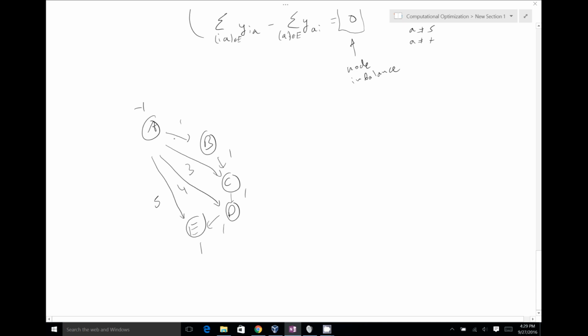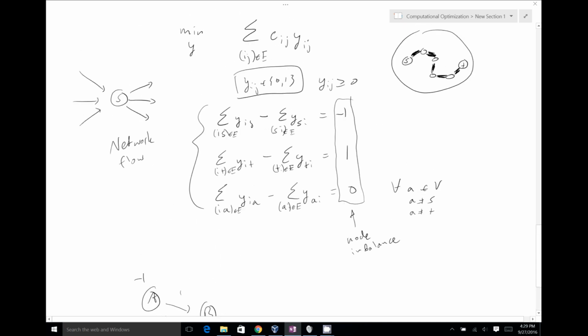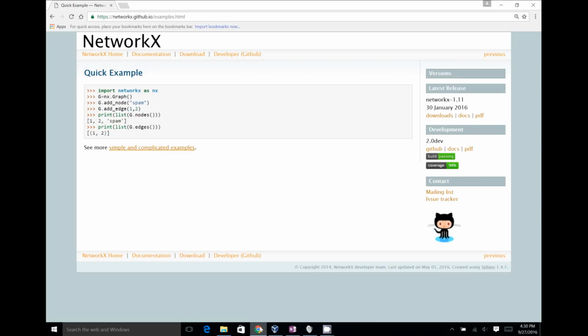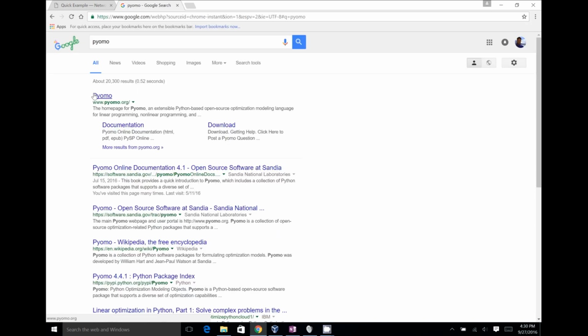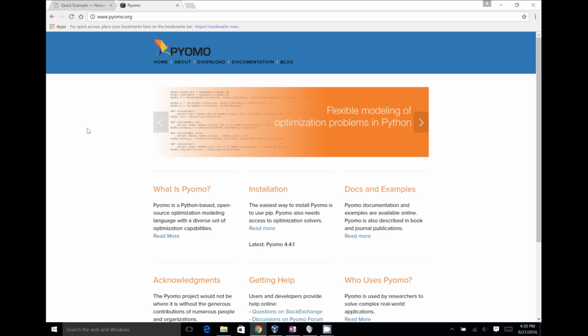Okay, so let's see how to actually go about programming this very general linear program in Python. We're going to do it in a general sense, so that if you want a different graph, all you have to do is change the CSV files and execute the same code, and it's going to solve shortest path on that new graph. To do that, I want to introduce you to our next module that's going to be important. It's called Pyomo. You can read the Pyomo documentation and examples online. They're quite useful. But just to put it in context,